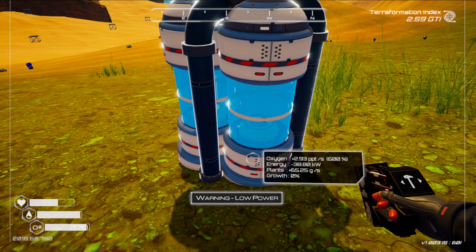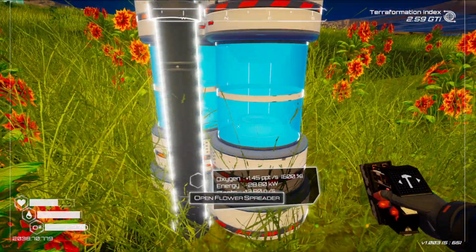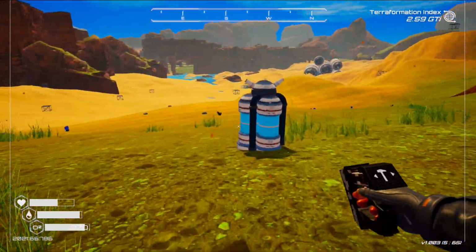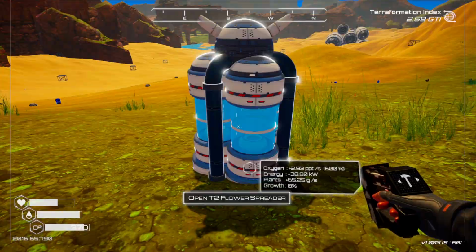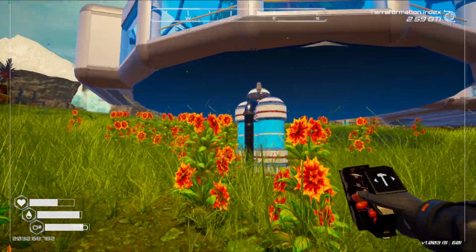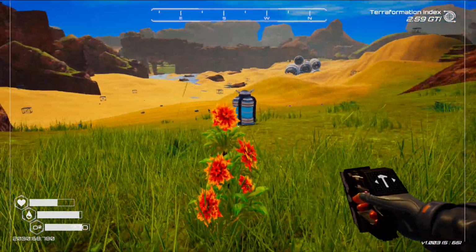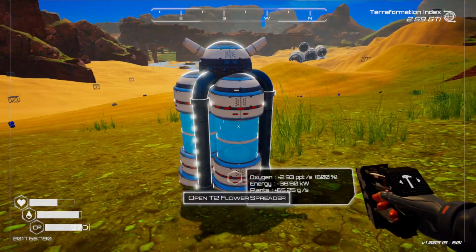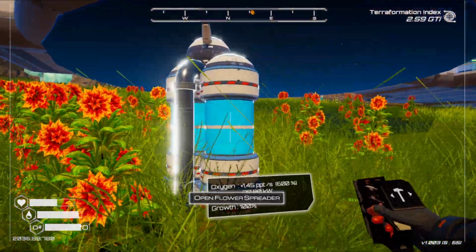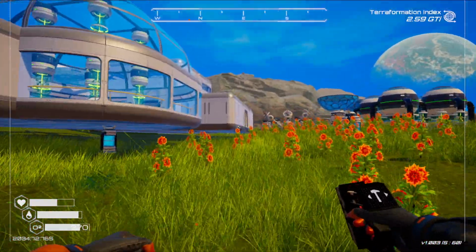2.93 ppt. Wait, what? Something... Is this a tier 1? Flower spreader? Oh! I gotta upgrade these to tier 2s. That explains why my oxygen isn't going as...